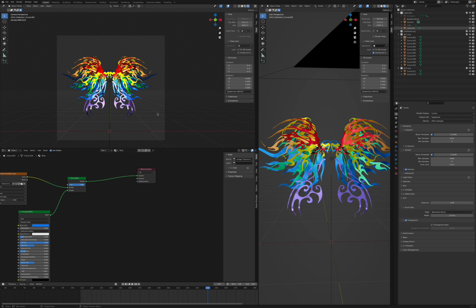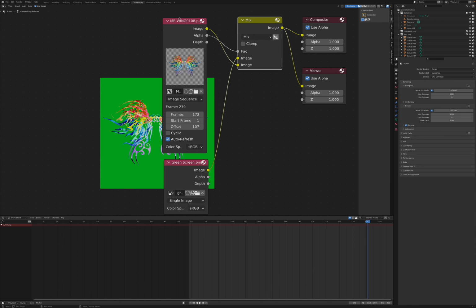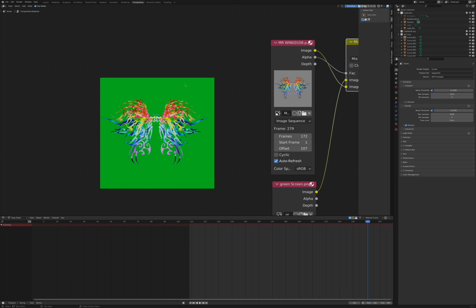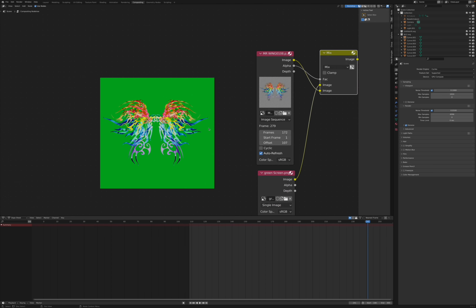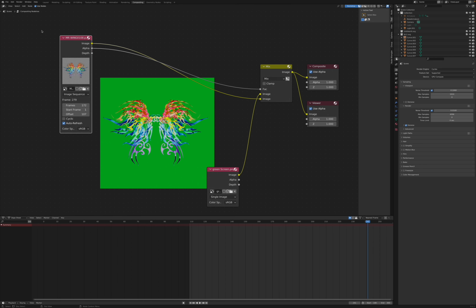But I would just assume that you've already rendered out your animations in the transparent background. And what to do next is go to Compositing. You have the Compositing tab here open, and you will need to create something like this, and we are going to create this together. So first of all, you will see here you will have an image sequence node,